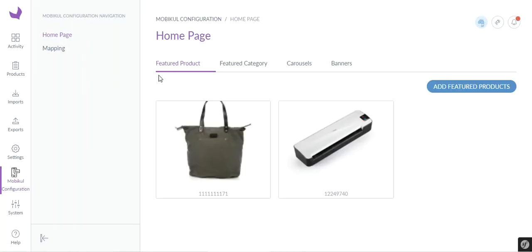So first of all, let's go through the home page itself, and for the Akeneo Mobile app, let's see how we can configure the home page itself. Now on the home page, the very first option that we can see is the featured product. Now from here under the home page, we'll be able to add the featured products for the Akeneo Mobile app there. And to do so, what you need to do is you need to tap here on the add featured